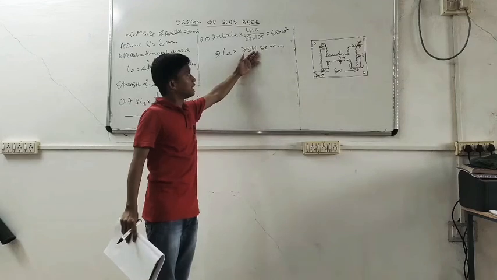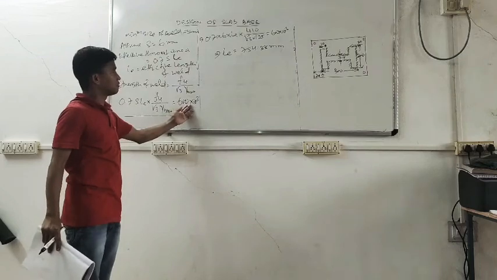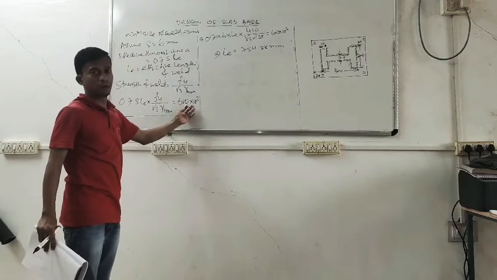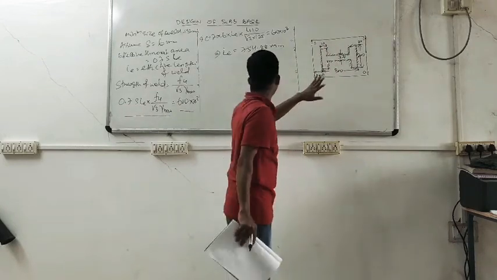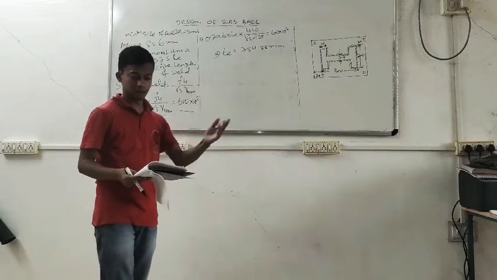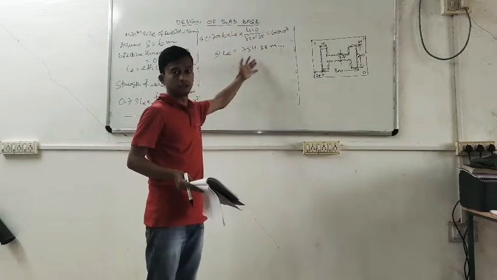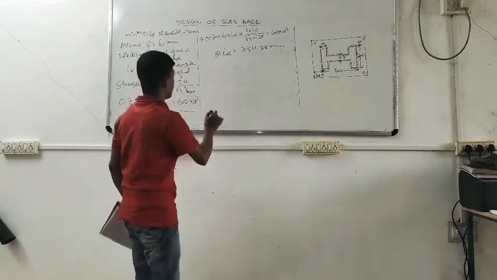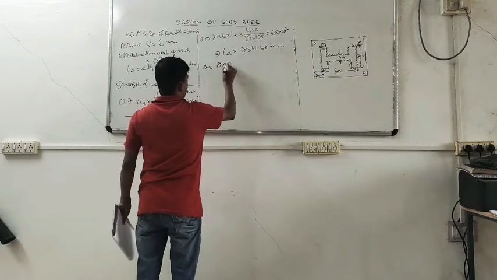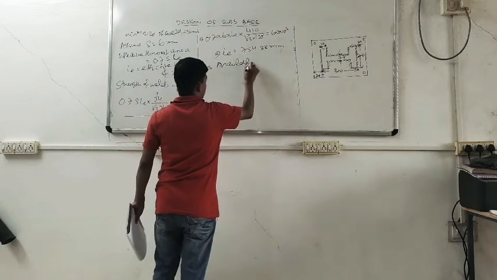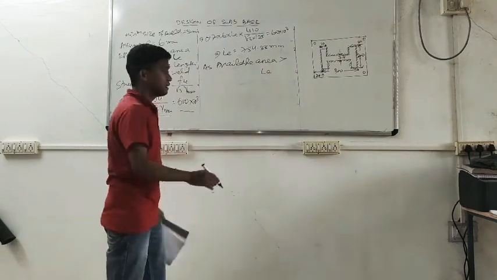If we provide this much length of welding with the size of 6 mm, then we can transfer around 600 kilonewton of loading. But if we consider our section, the length available for us to weld is 1345.2. So this value is much greater than our required length, so the design is safe against the loading. As our available length is much greater than our required LE,